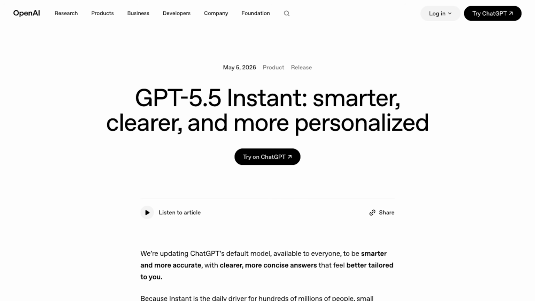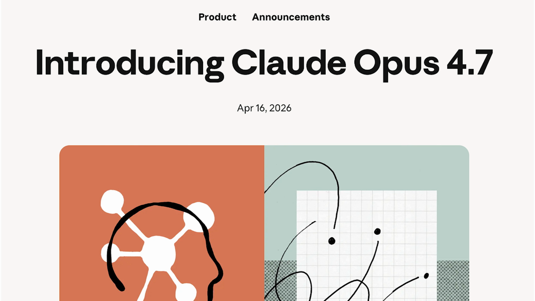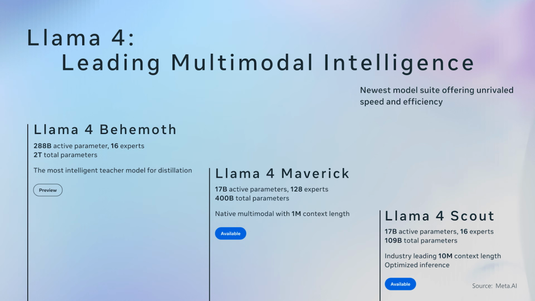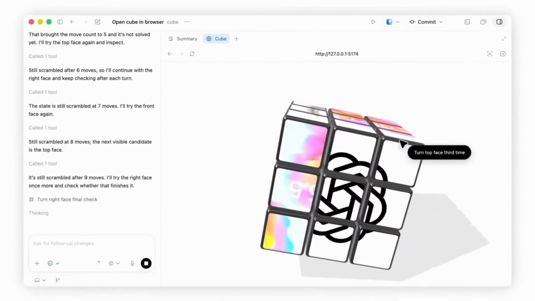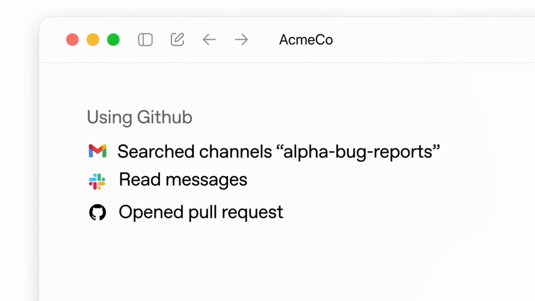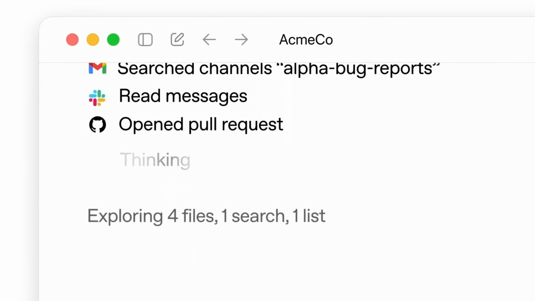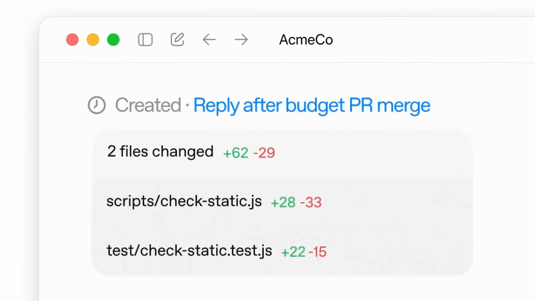Pre-training is what foundational labs do inside their own organization. When OpenAI trains GPT 5.5, or when Anthropic trains Claude Opus 4.7, or when Meta trains Llama models, or when Google trains their Gemini models, they are running massive pre-training jobs on huge GPU clusters with trillions of tokens of data. That process produces the base model. So what you get out of the box, whether it is from Hugging Face or from an API, is a pre-trained model. You did not train them, the foundational labs did.